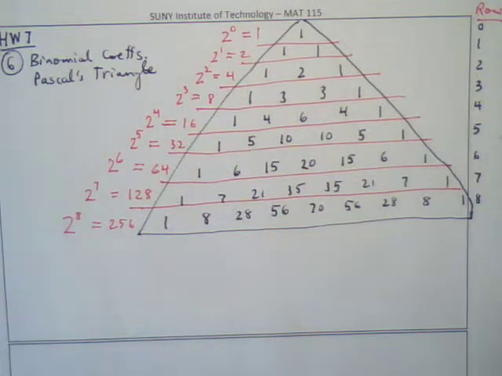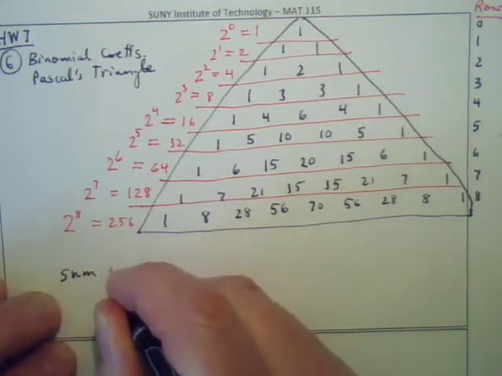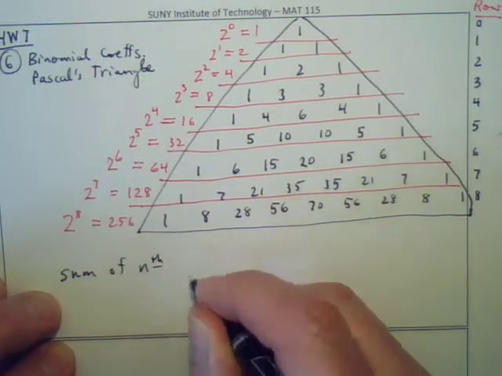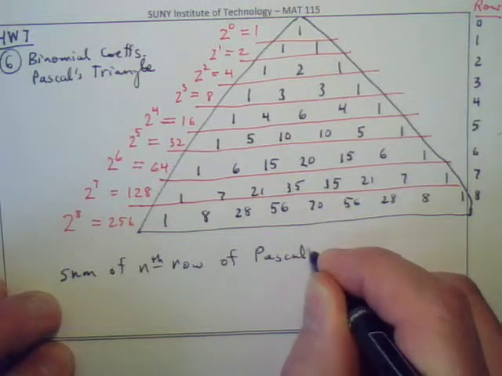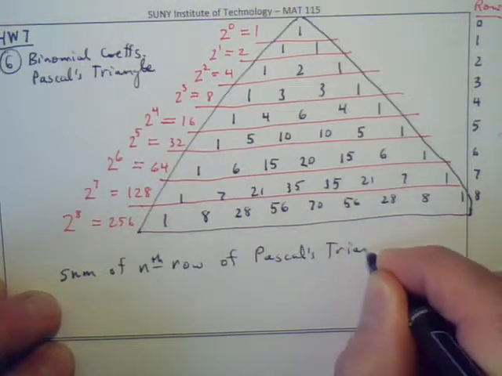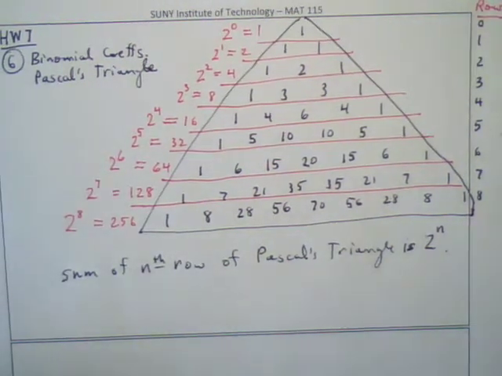Based on the pattern you see, write down the equation that gives the sum of the nth row of Pascal's triangle. Okay, the sum of the nth row of Pascal's triangle is 2 to the n. Okay, and this makes sense because